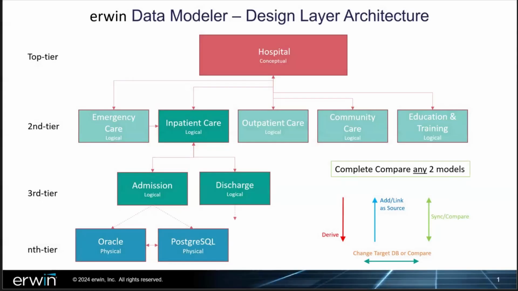So in this hierarchy, each colored box is a data model. So we've got the various different layers in here. We've got conceptual layers, we've got logical layers, we've got physical layers. So up at the very top of this, we would have a very high level conceptual model for a hospital. And there are going to be common objects in there, such as a patient. Patient has a name, patient has an ID, patient has an address and an NHS number, like a healthcare number or ID, those kinds of things. And that can then be shared or common with all these second tier, in this case, potentially logical models.